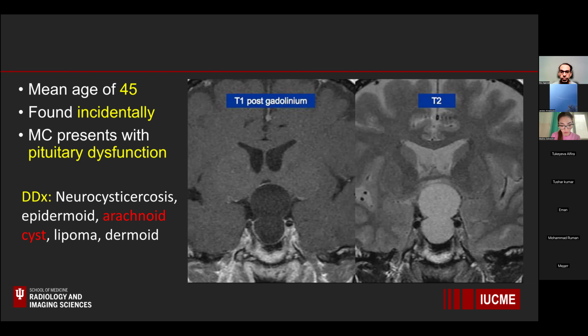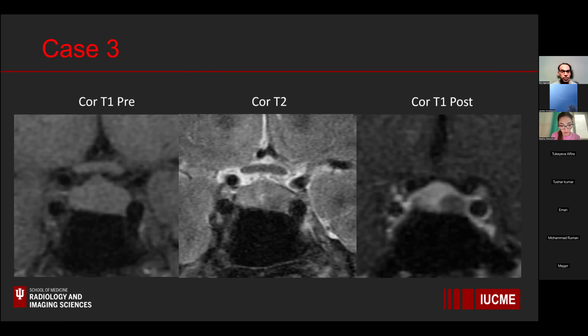All right. Third case. And you'll see how thematically we will build case after case, going through the different entities that we find in the sellar suprasellar space. So on the leftmost image, you may be hard-pressed to see if there's any lesion at all. Here's the gland. It looks pretty homogeneous, but the astute in